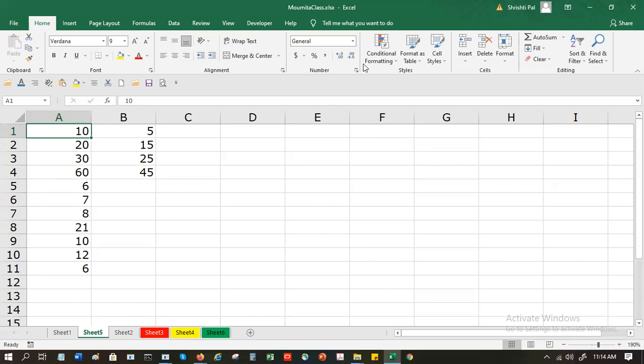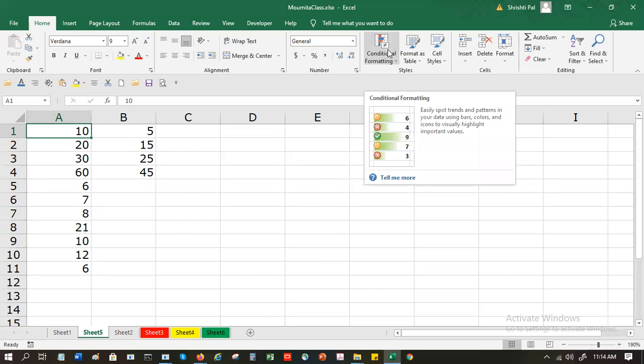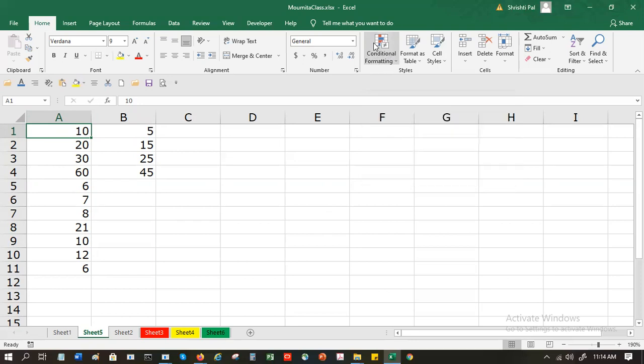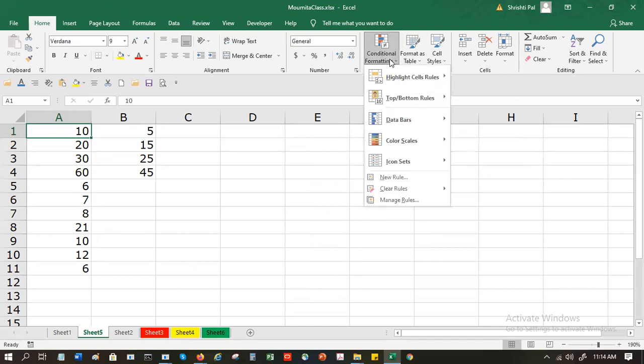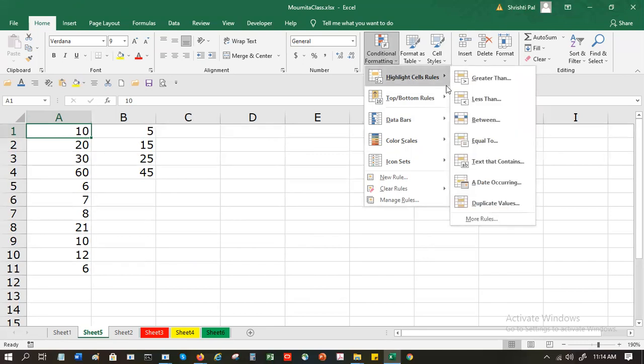An easier way out is something called conditional formatting. You see this conditional formatting? Conditional formatting follows certain rules and it will highlight those cells. For example, I want to highlight the duplicate values.